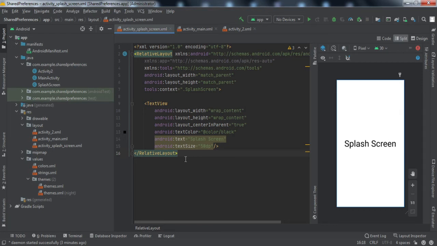So in today's video, we're gonna learn how to implement shared preferences into our application. Shared preferences is a very important topic for Android app development because we use it for various purposes, like saving user settings or some other things that will be discussed just now, right? One thing I can assure you is this is an important concept and you should know how to implement it into your application. So without much ado, let's get started.